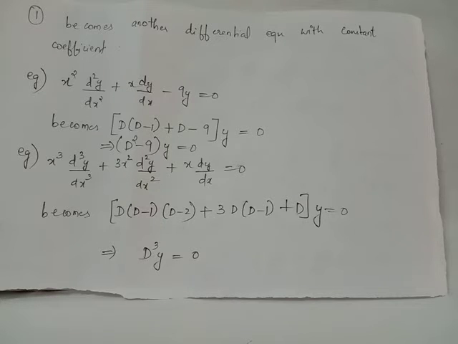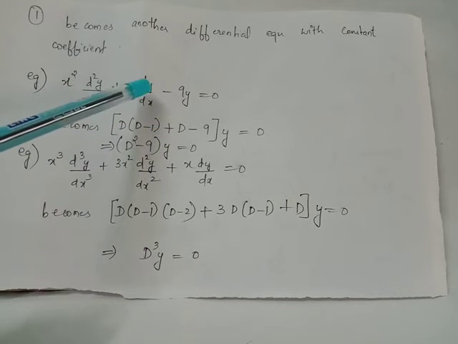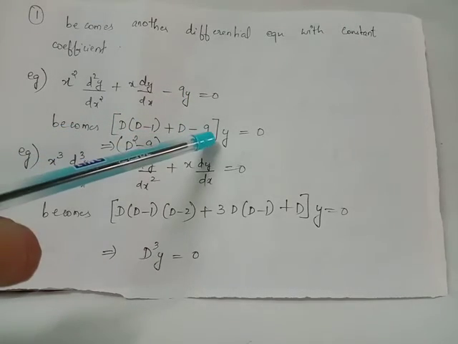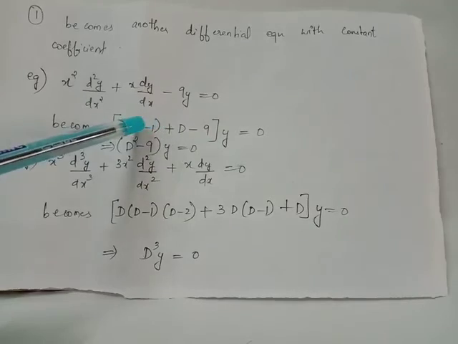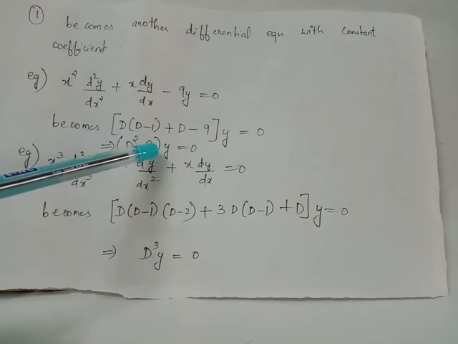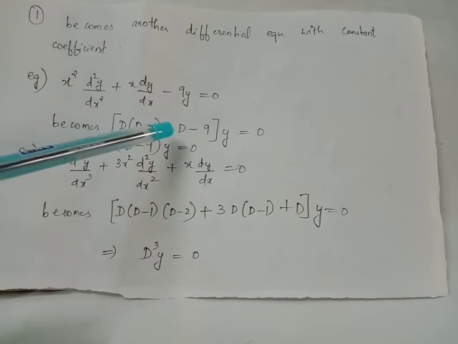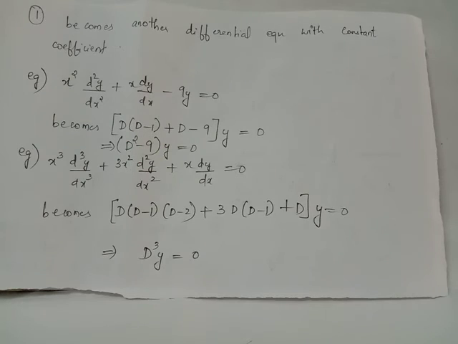If you are given the differential equation x square d square y by dx square plus x dy by dx minus 9y equals 0, in order to transform this to a differential equation with constant coefficients, when x equals e raised to t is imposed, x square d square y by dx square can be replaced by D into D minus 1. X dy by dx becomes D. 9 is written as it is. This is the operator which applies on y. Here, after simplification, we get D square minus 9 into y equals 0. Notice that this Cauchy's equation has been transformed to a differential equation with constant coefficients.